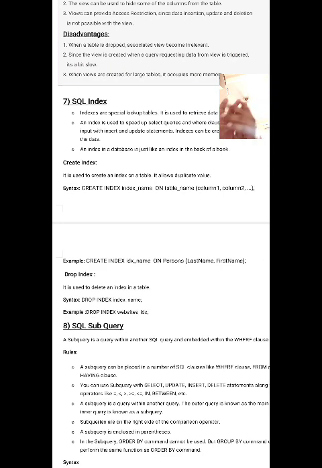Here we have given one example. Suppose the table name is persons. We have some different columns in persons, but I want to create an index on the persons table for the columns last name and first name.